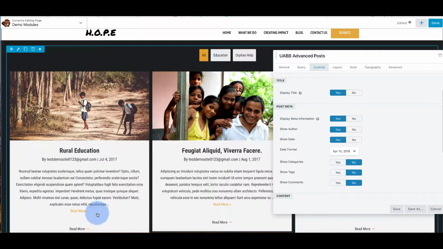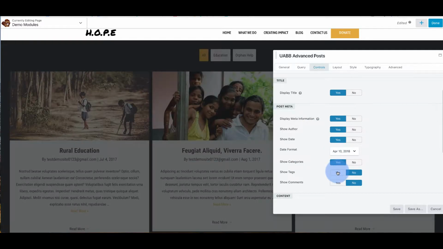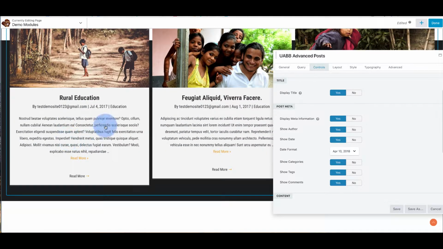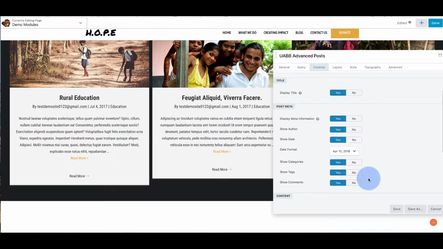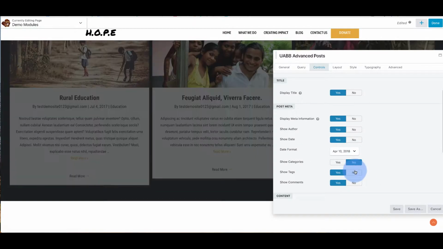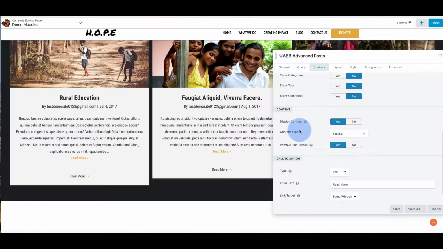And then, like I mentioned, you can show the date, format, show categories, show tags, show comments. It gets a little bit cluttered on this front page. So I usually just keep them to off or no. All right, so